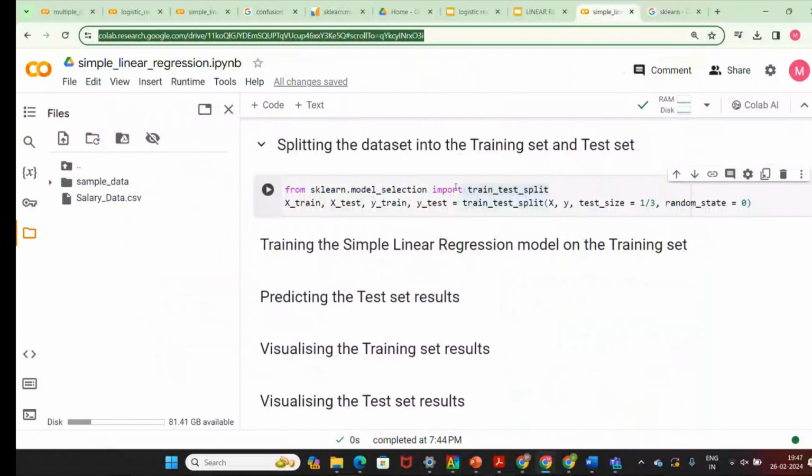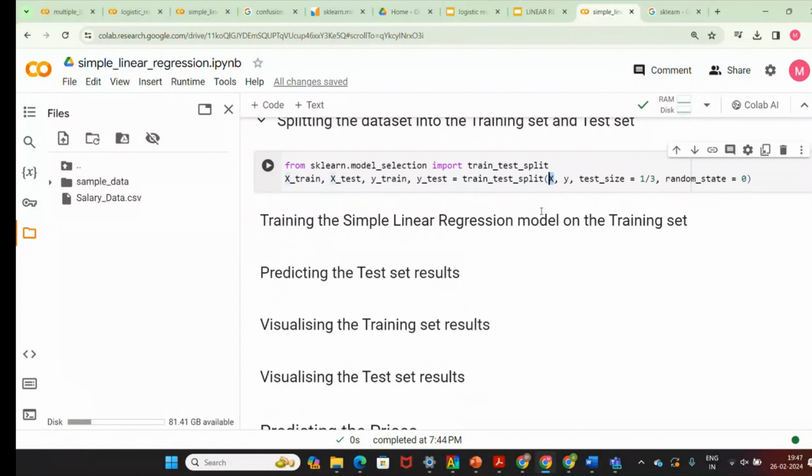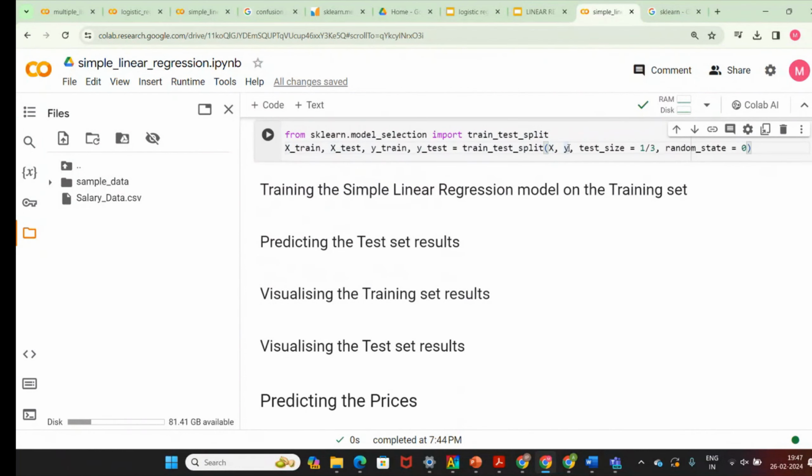And then the function is train_test_split. Here X is nothing but your independent variable, and Y is your dependent variable. So we are going to split that. We also give the test size. What is the test size? I'm giving 1/3, or you can give 0.2 or 0.5, which is 50/50. Usually 80% we use for training and 20% for testing. So since I'm mentioning the test size as 0.2, the